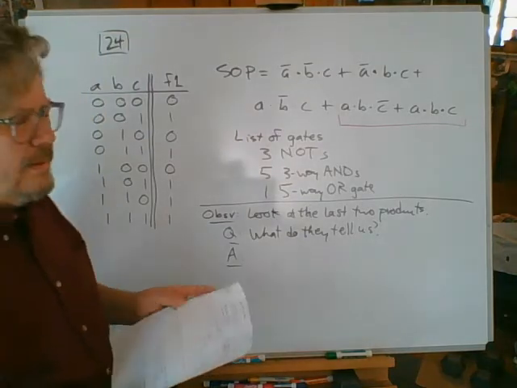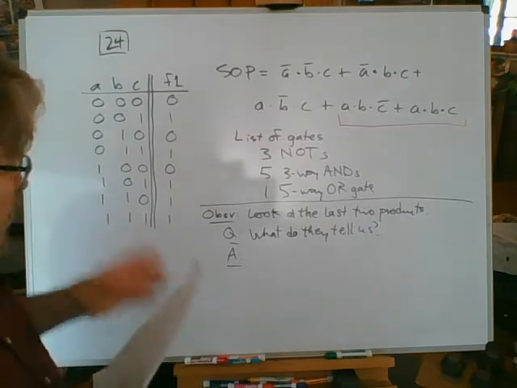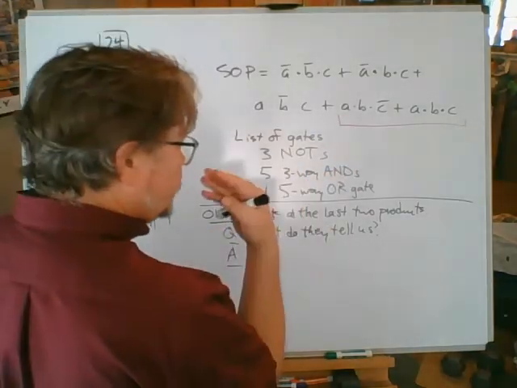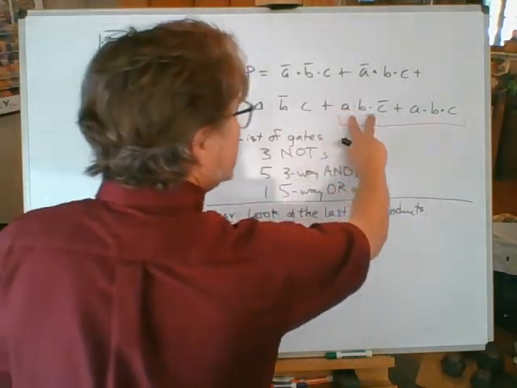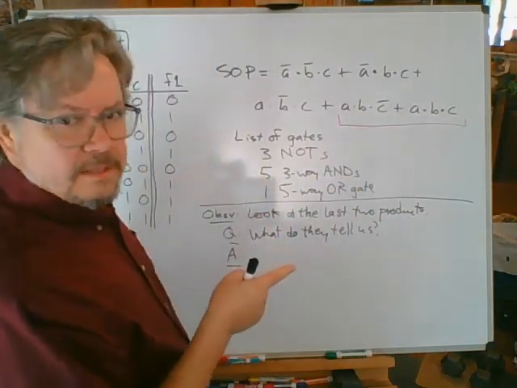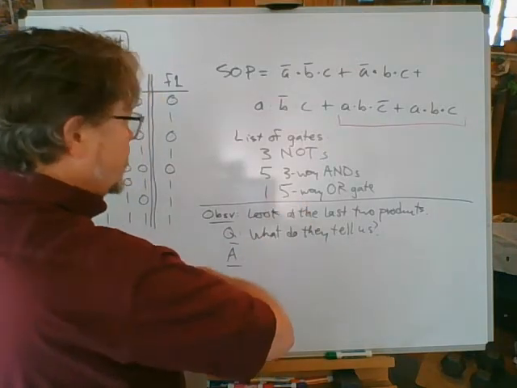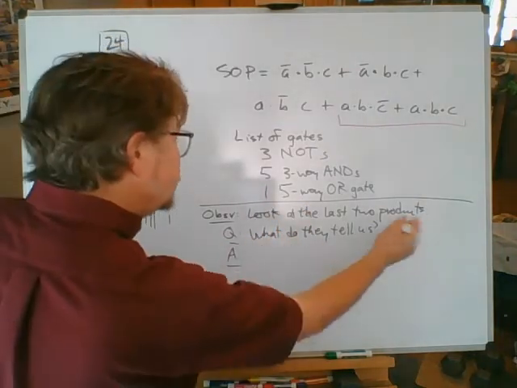They have some stuff in common, don't they? Actually, they do. What they're trying to tell us, even if we will listen, is that if A and B are both on, then C doesn't matter. Let me write that down with an open marker. What do they tell us? If